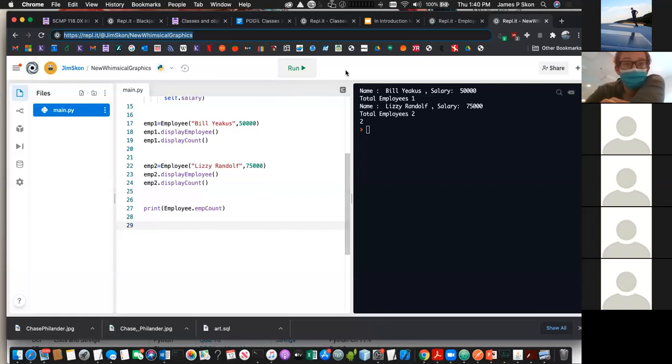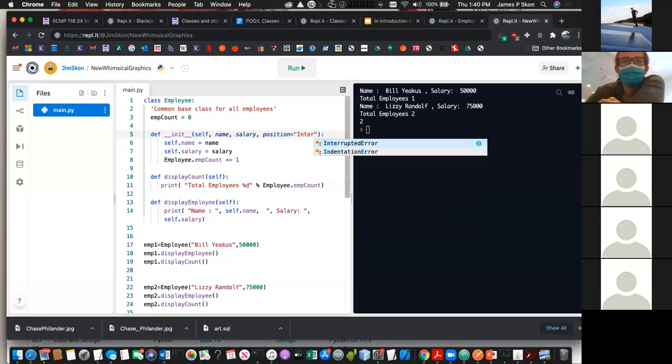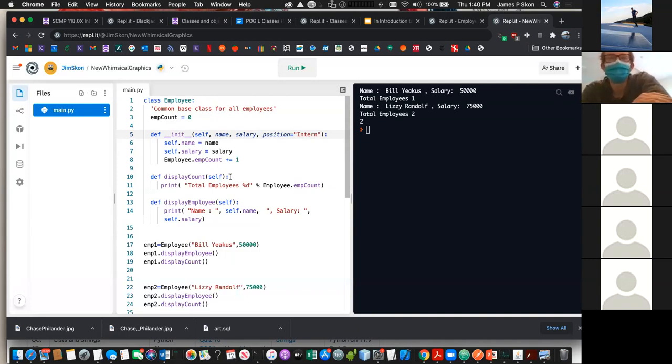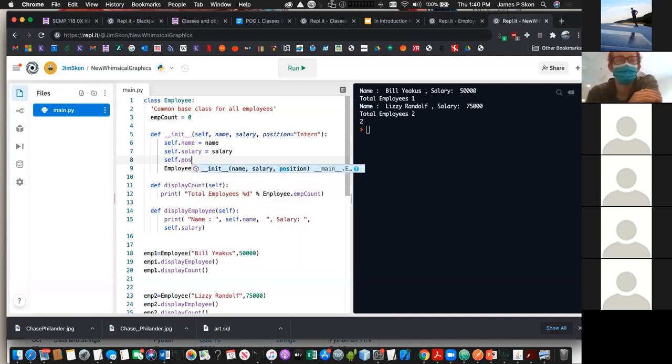All right, let's talk about it a little bit. So let's see what we would do here. I think you guys are still seeing my screen. If we want to add position, we want to add a position variable to here. And if we want to give it a default value, we can just give it. Remember, we can give default values, but only to ones that are at the end of the list. Then if I have position, I need to put it in myself. So I say self.position is equal to the position